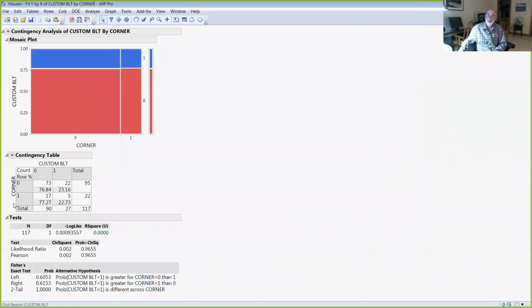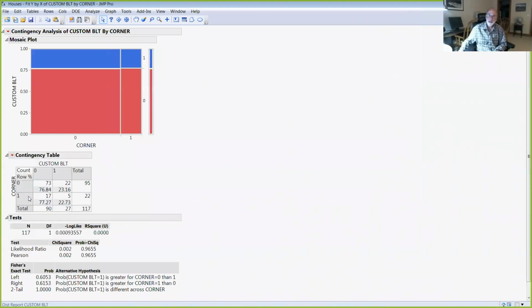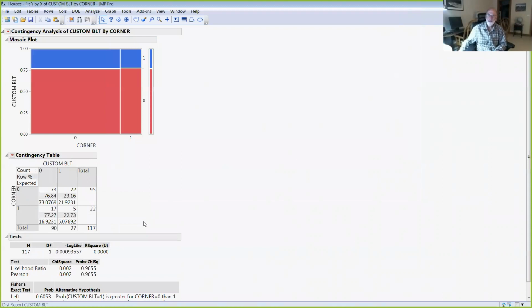I can actually show you the way this chi-squared test is done. You can build that into this table just because it's kind of neat to see. But there are a series of steps that underlie the chi-squared test. First, it's calculate an expected number. So we found 73 houses, non-custom built, non-corner. If, in fact, the hypothesis was true that there's no relationship between these two,